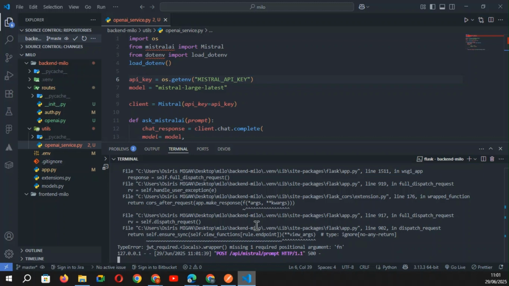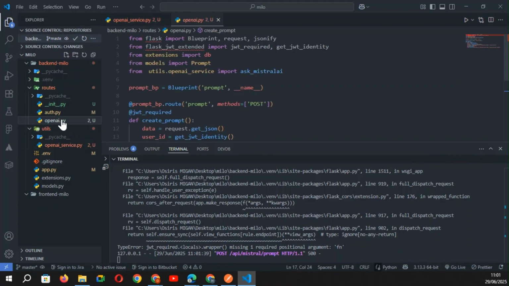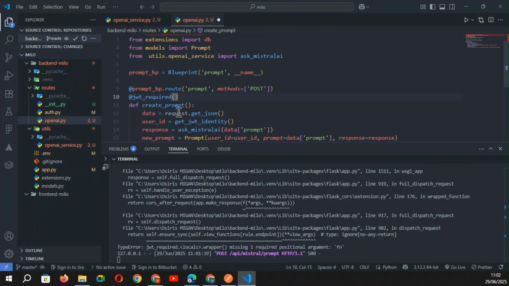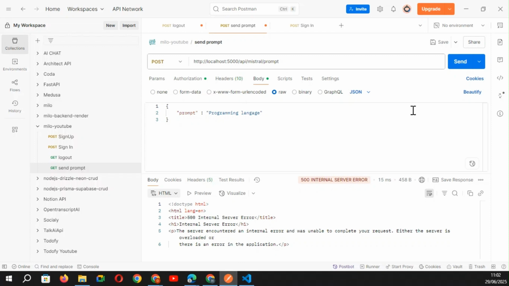So if I look at my code, JWT required, so I need to add it, and if I save and try now,